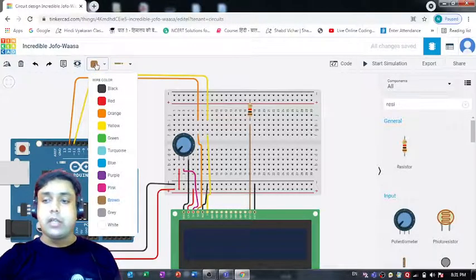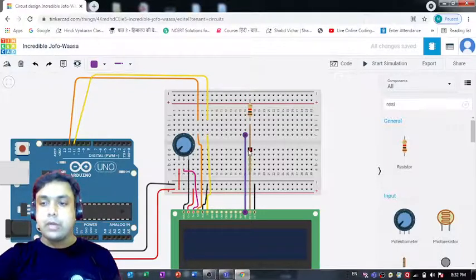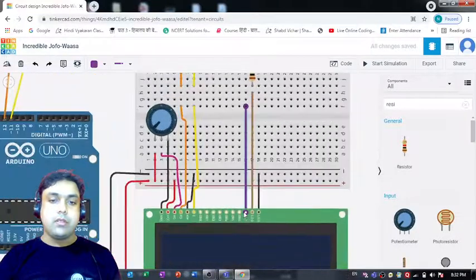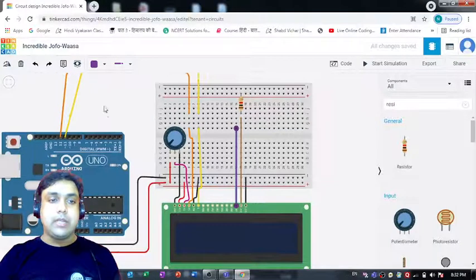I'm changing the color of the wire first. I am selecting this purple color wire, and let me choose this pin, and I'm going to put it over here. Right, now to which pin of Arduino Uno R3 board we need to connect this DB7 of LCD?